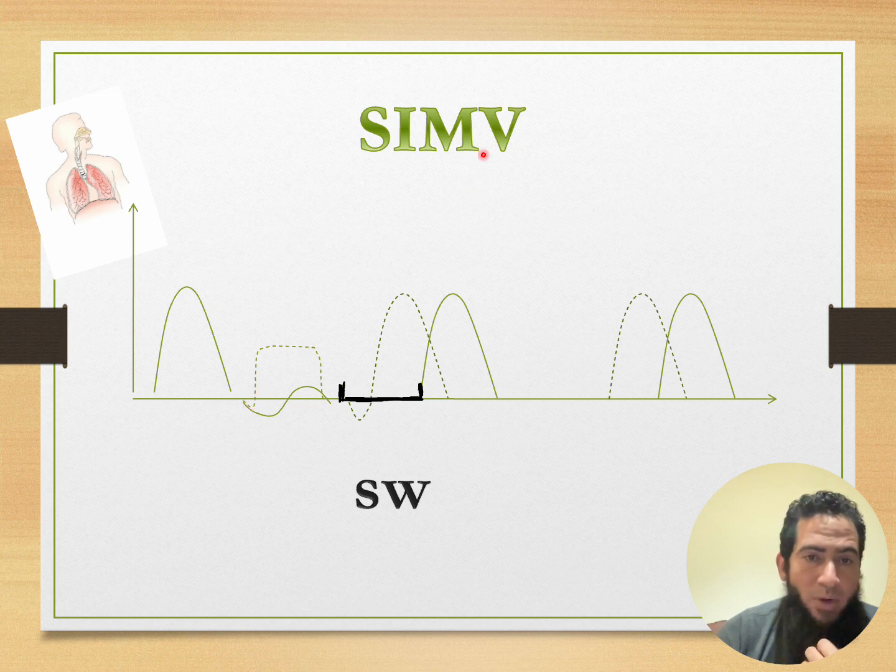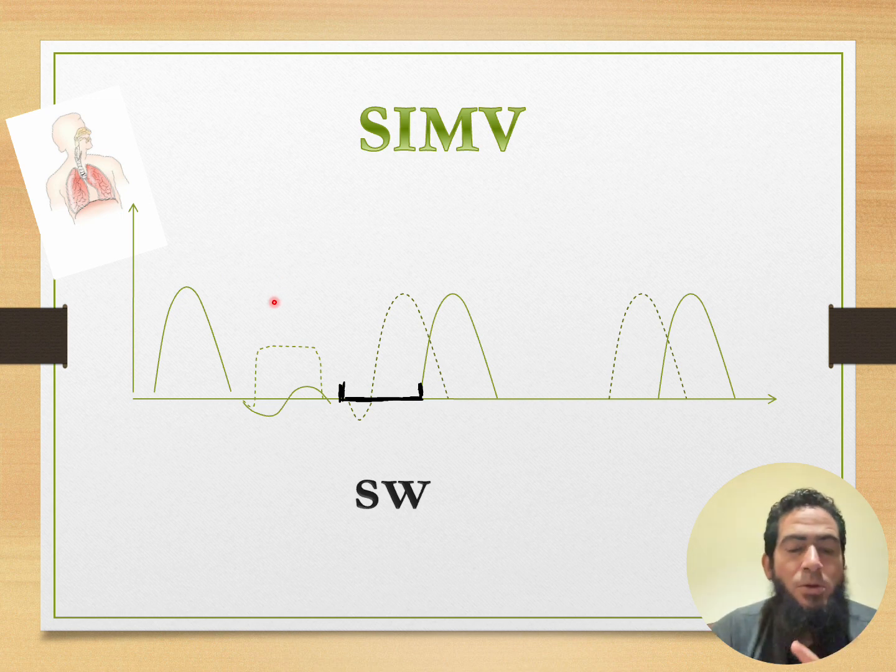That's why, if you are setting SIMV for a patient, for example SIMV volume control, you will set the volume, the breathing rate, and also the pressure support. That's important to know. Why do you need to set pressure support in SIMV? Because the patient might take a spontaneous breath outside the synchronization window, and it will be given with the pressure support. And the best is to give a pressure support that gives a pressure similar to